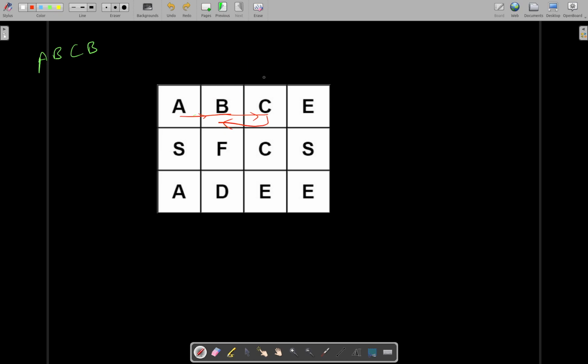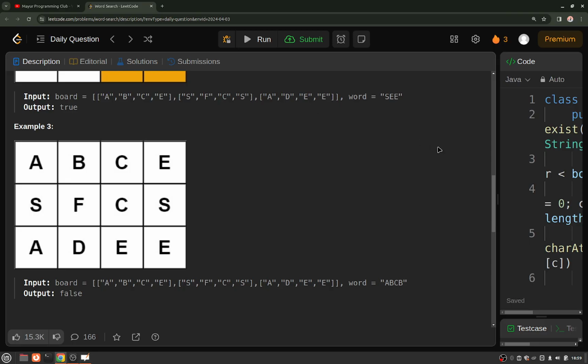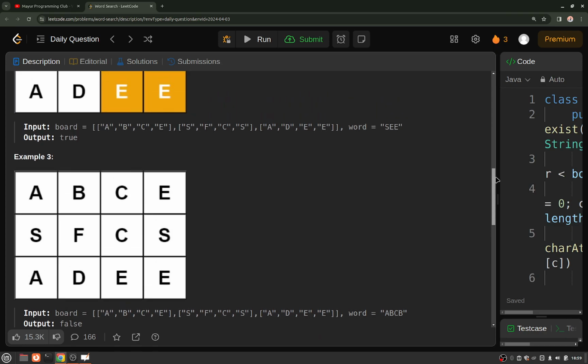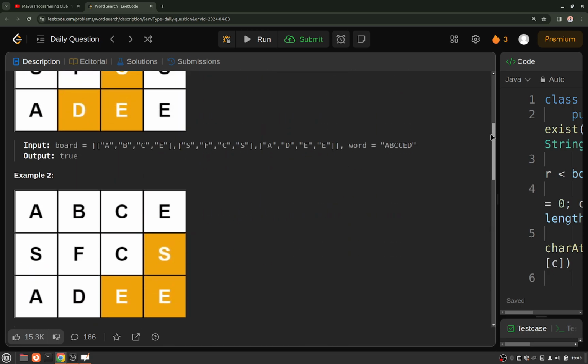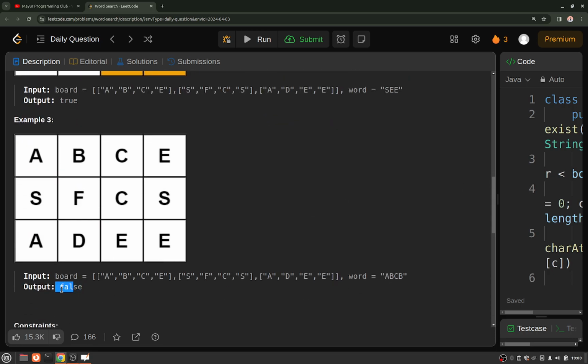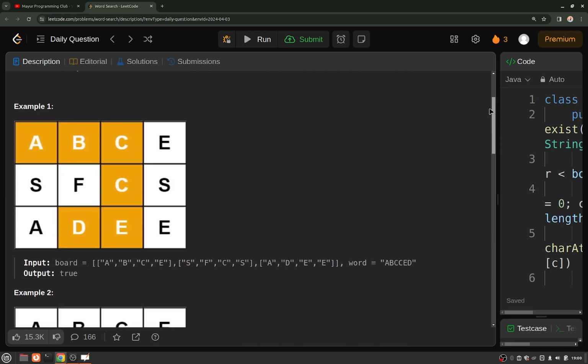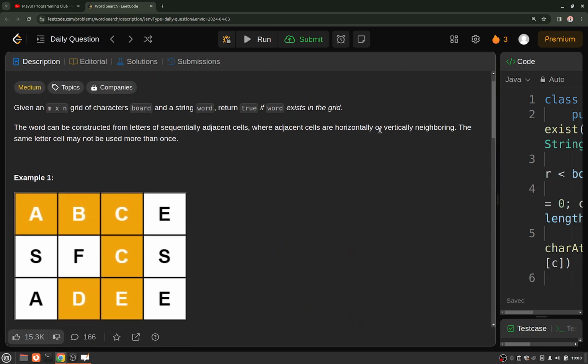Okay, that's why this word will not exist. Otherwise, if this revisiting would have been allowed, then we would have returned true from here. And this is the sole reason that we are returning false from here. Okay, and yeah, so this condition should be kept in mind, that the same cell may not be used